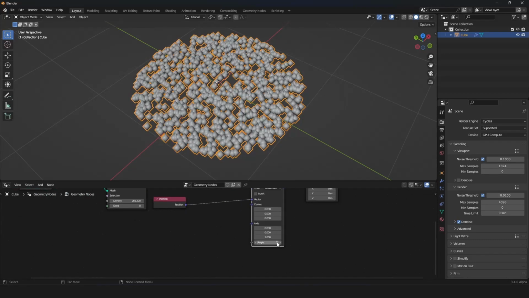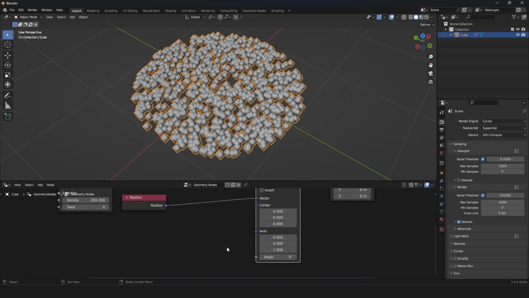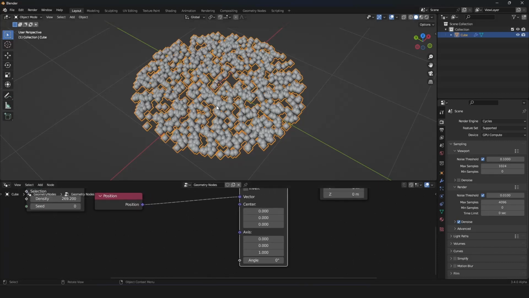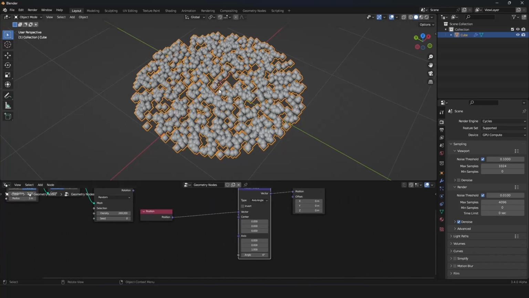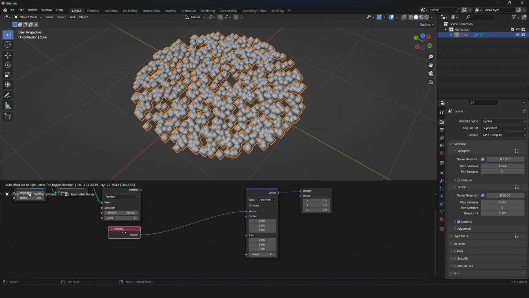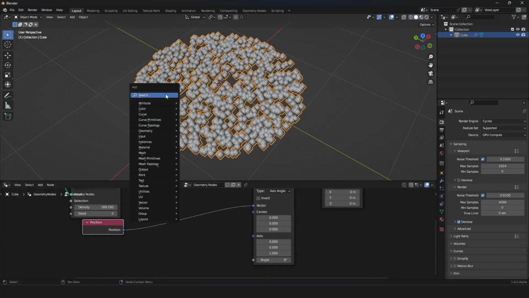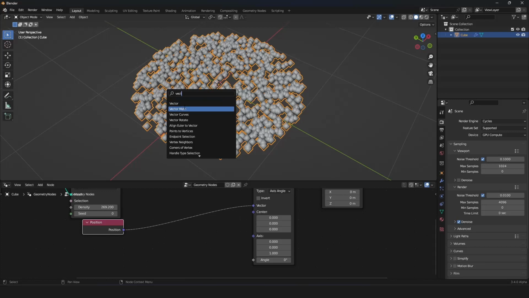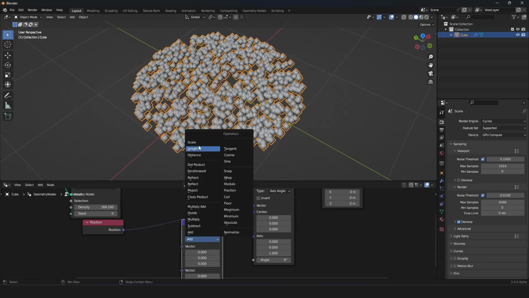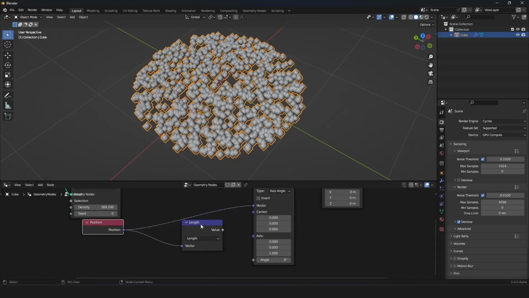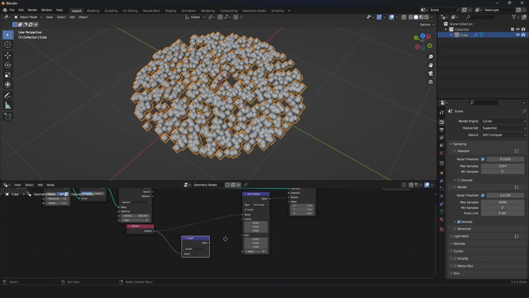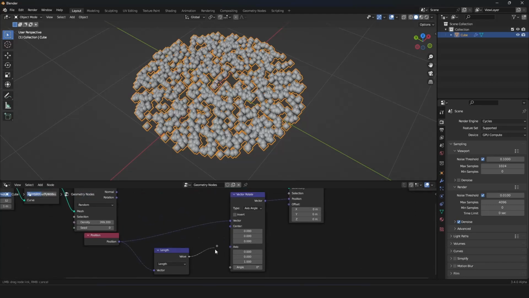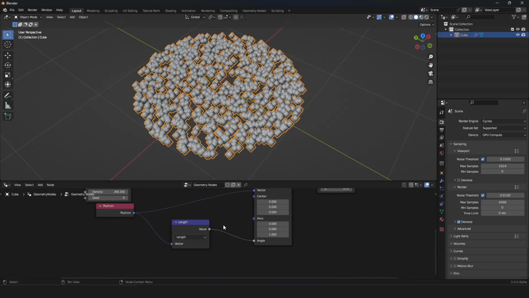So we have to use the angle here. We want to have it spinning more in the center than on the outside. So we need a field for the center, and we can also use the position for this. And we can use a Vector Math node, and by using the length, we have the center of our position. And we can use this in the angle, and now by using a Math node